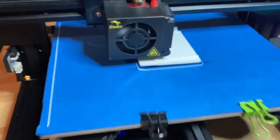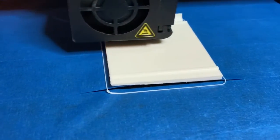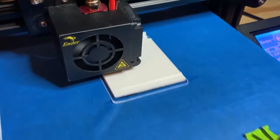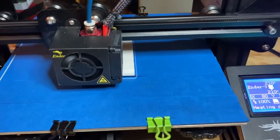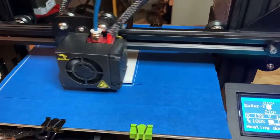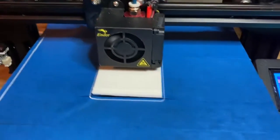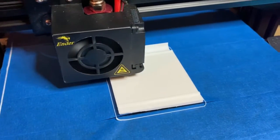I'm going to try an adjustment on the next part, as long as this part doesn't get too messed up. It's frustrating because I've been working on this part for days trying to fix it, and I thought I finally got it fixed to how I wanted it on Tinkercad. So I wanted to come back and show you guys a short part 2 video of how that was progressing. Now the part will probably turn out a little raised, and the next one I'm going to print in